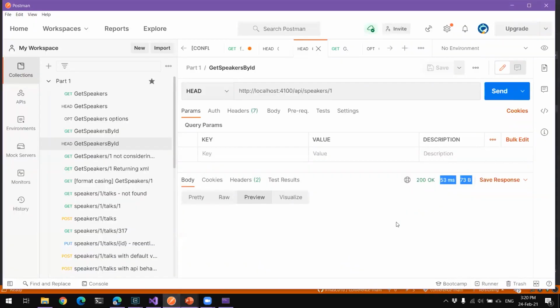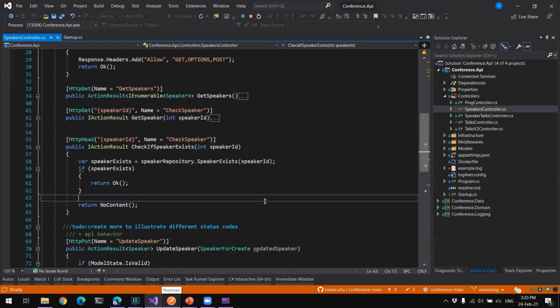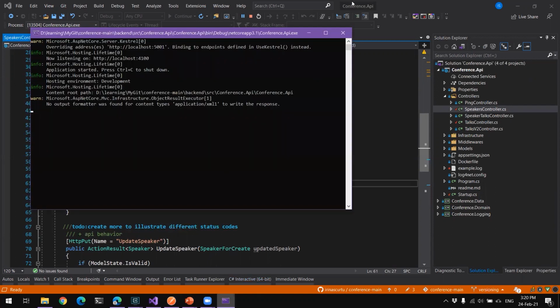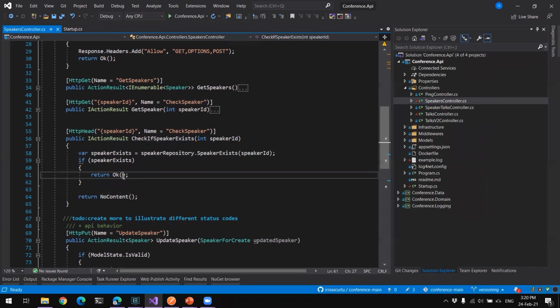Right. So the fact that a HEAD request should never return a body is something that you have to take care of yourself, right? So if you, for example, were to return something from this check-if-speaker-exists method, then ASP.NET Core wouldn't mind. It would just put it in the response, and you would break that HTTP convention. That's a very good question. So I'm going to do this.